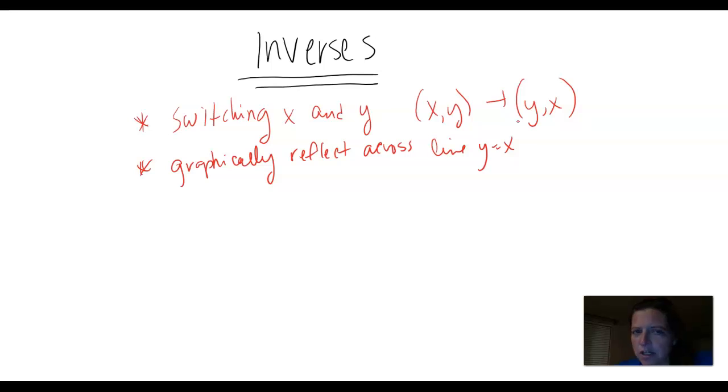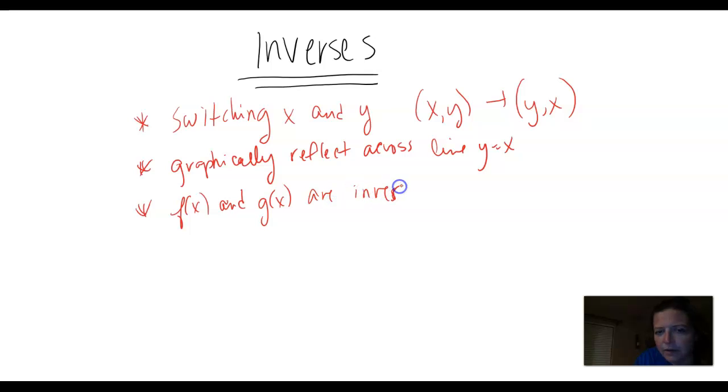And then the third way I want to talk about inverses is by one of the definitions using composition of functions. So there is a definition. This is going to help you prove if two things are inverses, or basically try to decide maybe if two equations are inverses. And that definition says that f of x and g of x are inverses if and only if